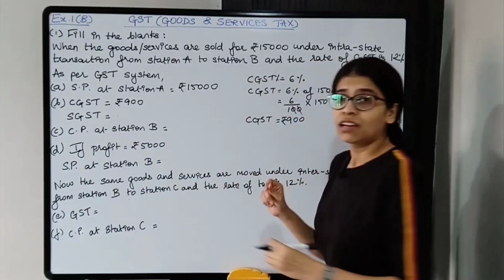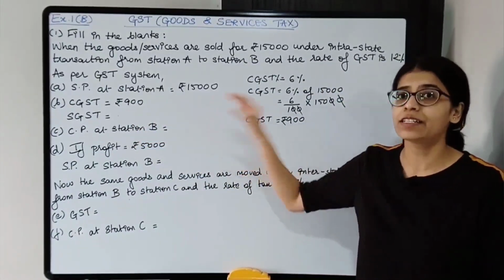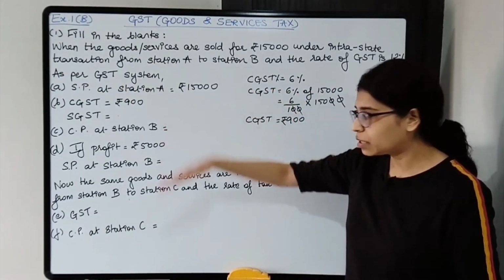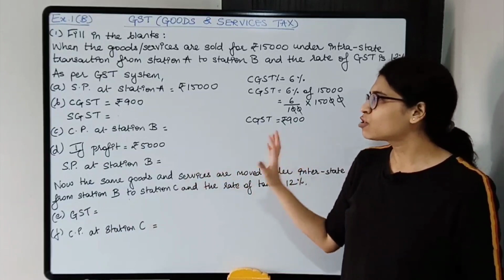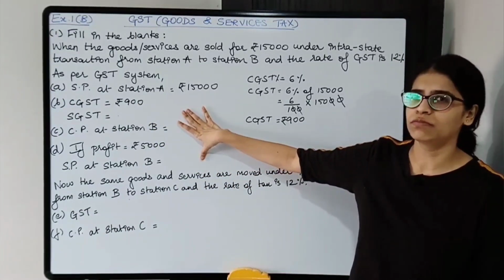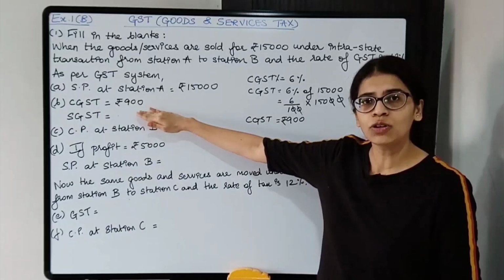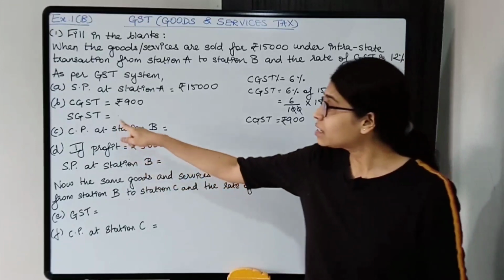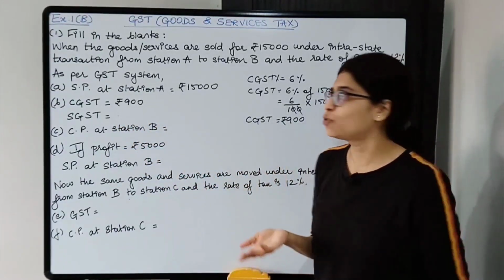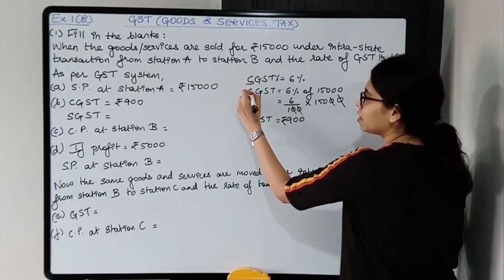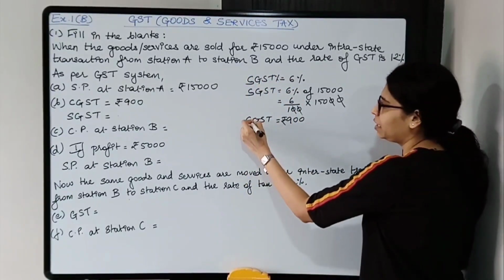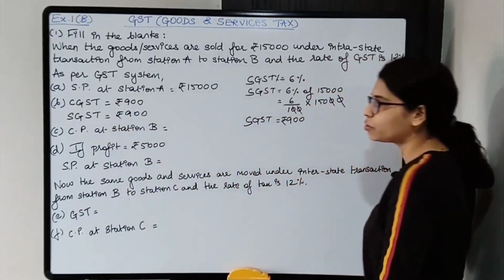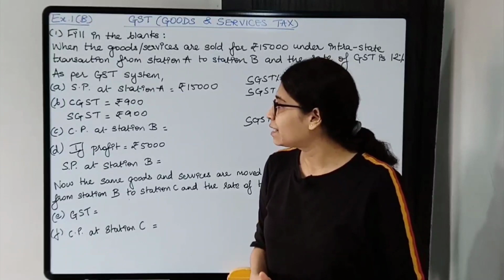Now students, don't do the working over here. Okay, it does not look neat. Instead, make a separate column for working or show the working below this. Okay, so make sure you don't do the working over here. It does not look good. Okay, so जो भी answers है वो directly लिखो and working of course you have to show, but show it separately. Okay, SGST again it is 6%, so 900 हो जाएगा. So I'm not showing the working over here. SGST के लिए same working होगा. It will be 900 rupees. So you have to show the working. All right, students. SGST again is 900 rupees.